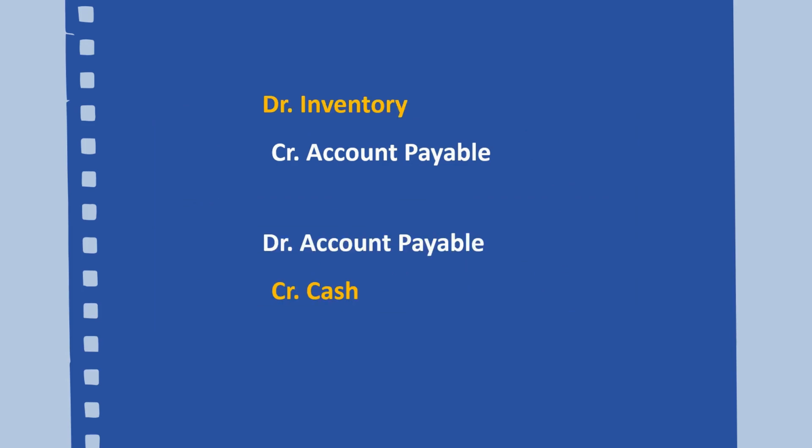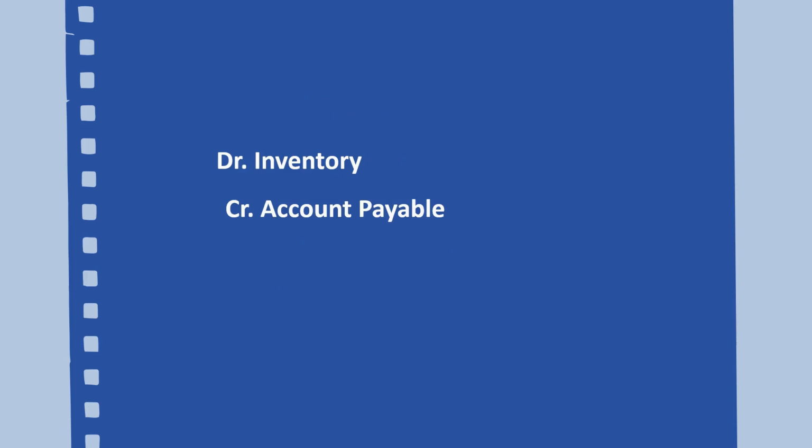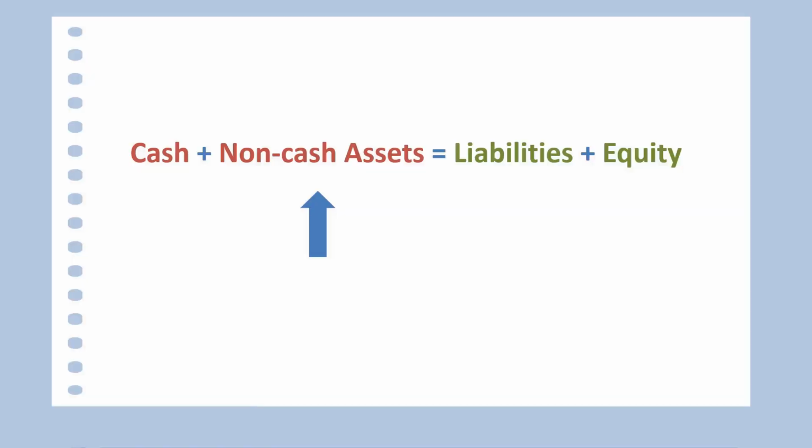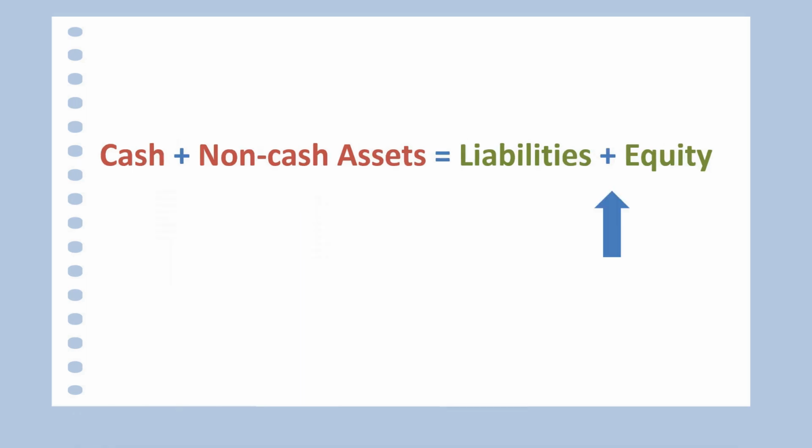You might question what happens if the account payable isn't settled. In such cases, the liability grows, resulting in a positive effect on cash, magically countering the potential negative impact of inventory increase. Nevertheless, these actions consistently align with the fundamental principles we talked about just now. In summary, in the indirect method, an increase in non-cash assets results in less cash on hand, while an increase in liabilities and equity leads to more cash flowing in.